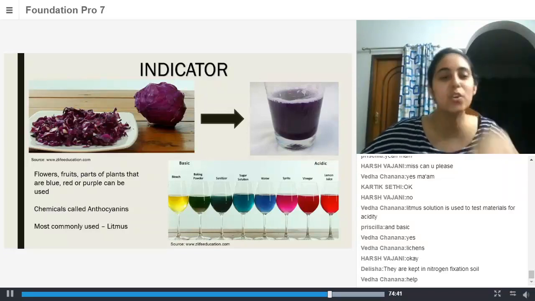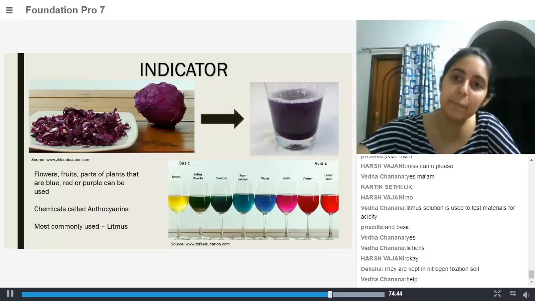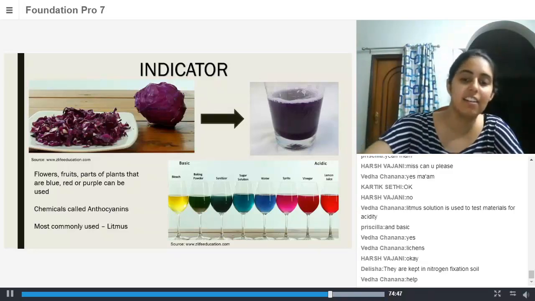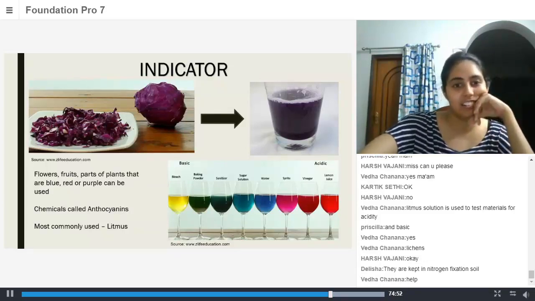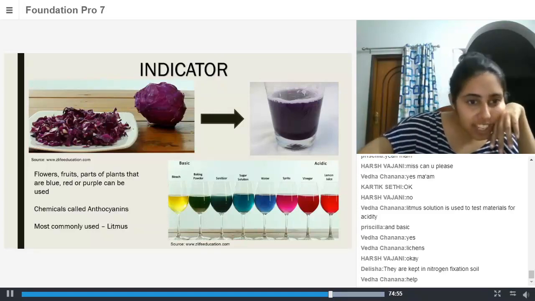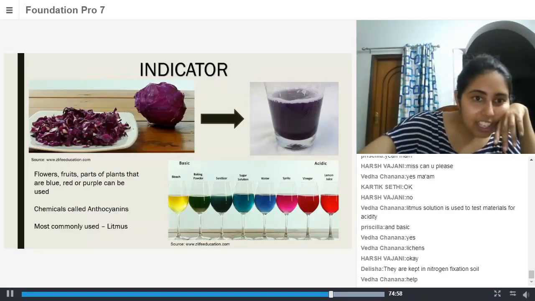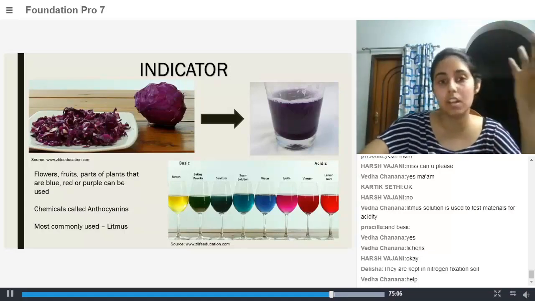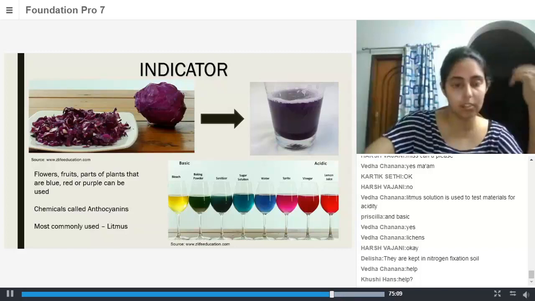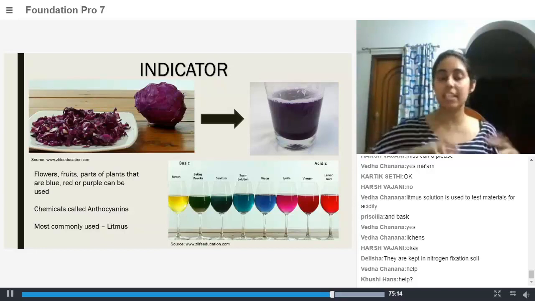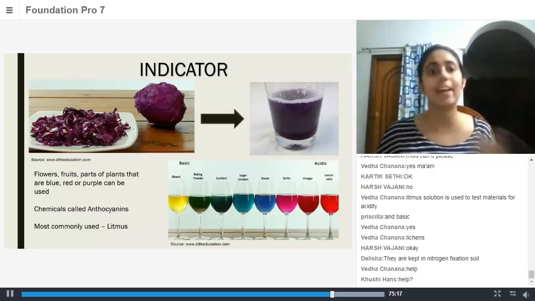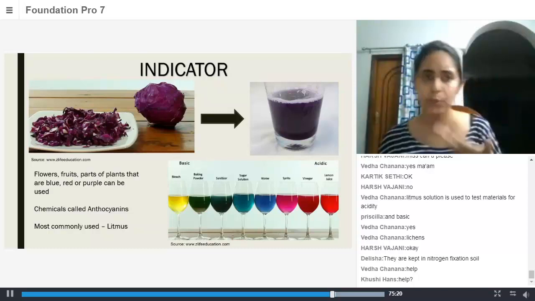Interesting. Does anybody know where you can find them? No, ma'am. We have only studied their composition. Okay, I'm just checking online. Apparently, lichens are indicators of air pollution. Because there are a lot of acids in the air, you can collect rainwater and see if it is acidic or basic, and that will tell you if there is a lot of pollution in the environment.